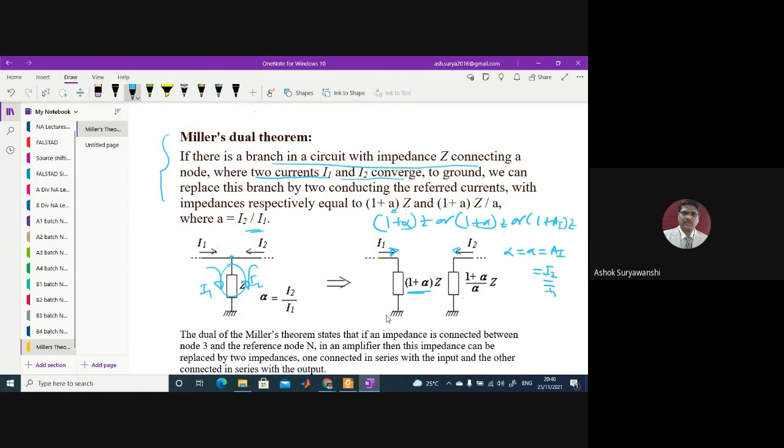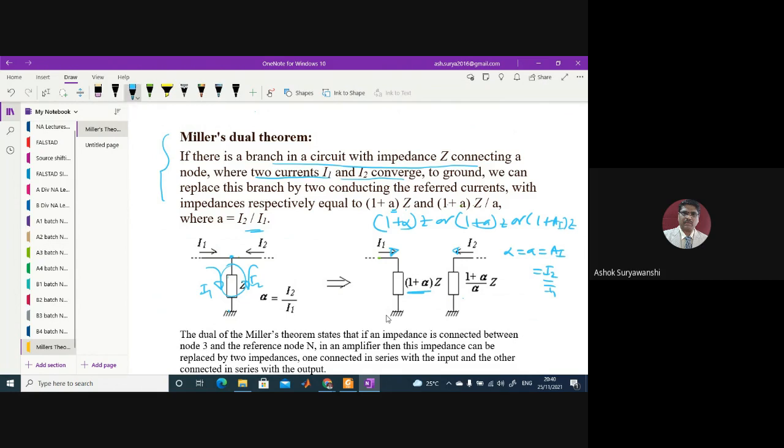And the second element is 1 plus alpha upon alpha into Z, or 1 plus A upon A into Z, or 1 plus AI upon AI into Z, where alpha, A or AI is I2